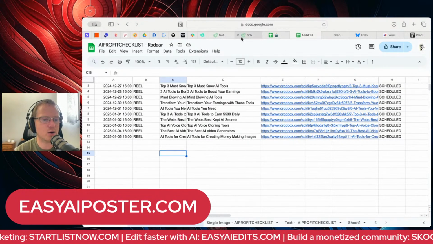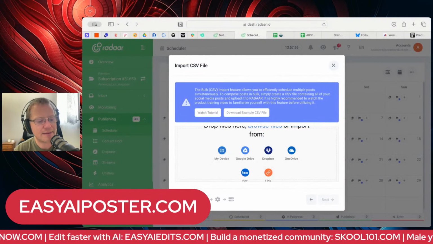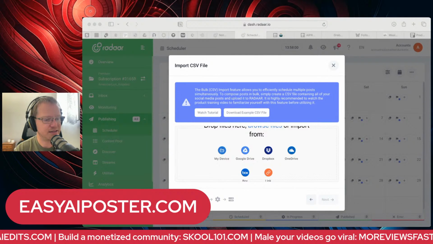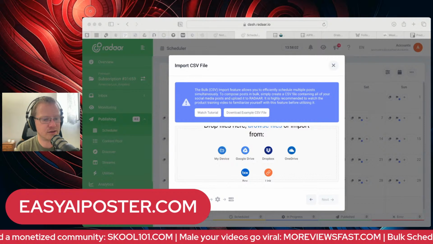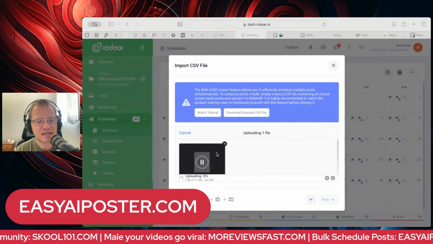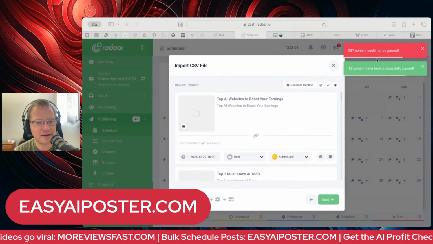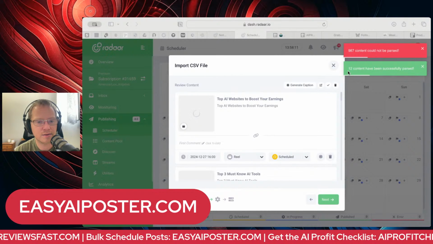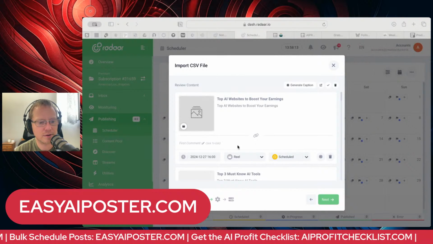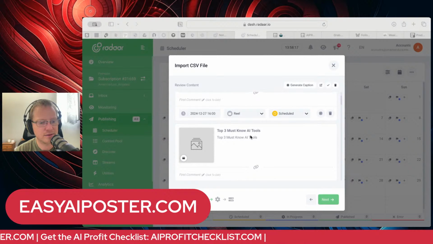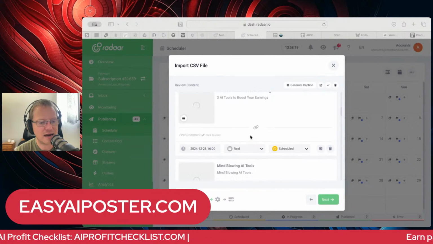And now I'm going to go back over to Radaar, and I'm just going to take the file that it just gave me and grab it from my computer. I know you can't see it, but I'm just going to grab it and drag it in. I just exported it, and now it grabbed it, and it is detecting everything. And there we go. See, it's grabbing all those files.